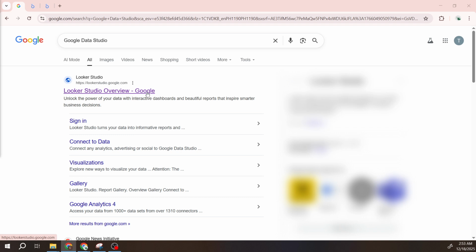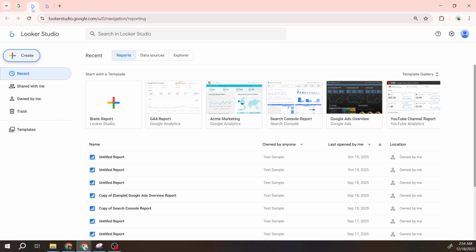When the homepage loads, you'll typically be signed in automatically with your Google account. Check the profile picture in the top right to confirm you're using the account that has access to your analytics property. If you manage multiple Google accounts, switch to the one with GA4 permissions before moving on. If you can't see your property later, access is the most common reason, so confirm you have the right role